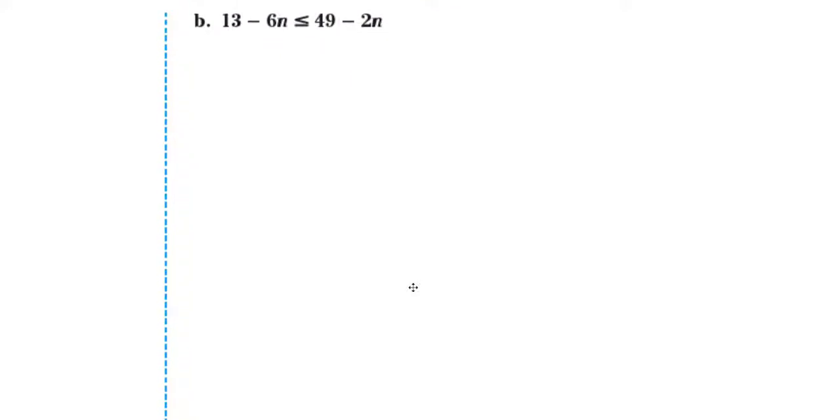Let's take a look at letter B. 13 minus 6n less than or equal to 49 minus 2n. We now have variables on both sides of our inequality, and we need to undo one of them, because we only want to solve for one variable. So in order to undo one of them, let's copy the inequality first. We want to undo